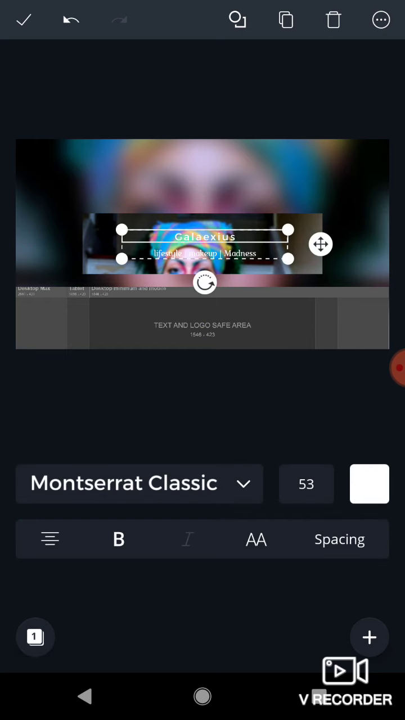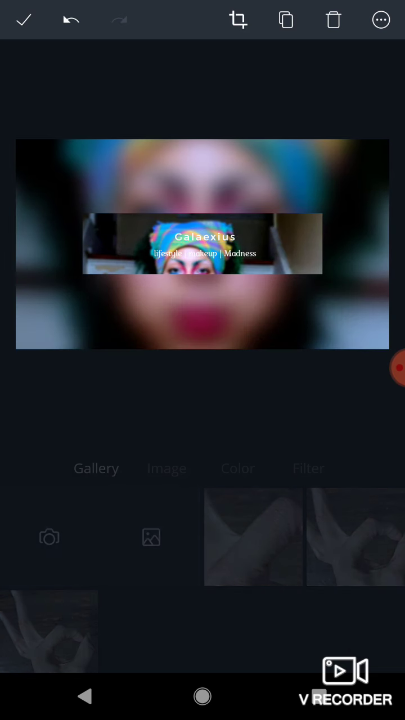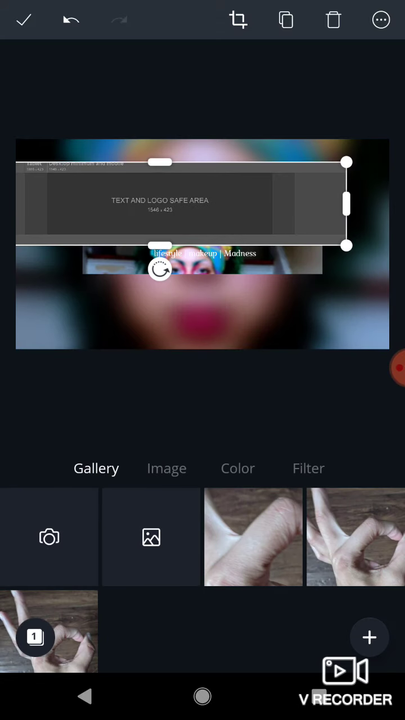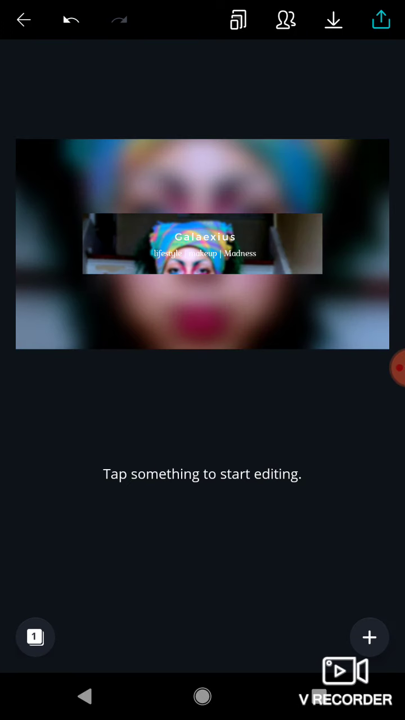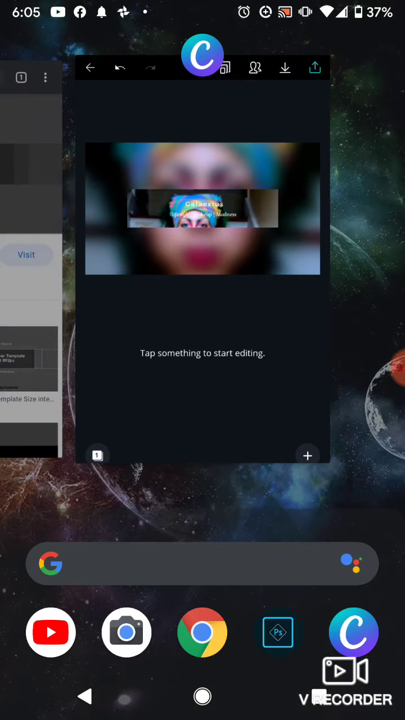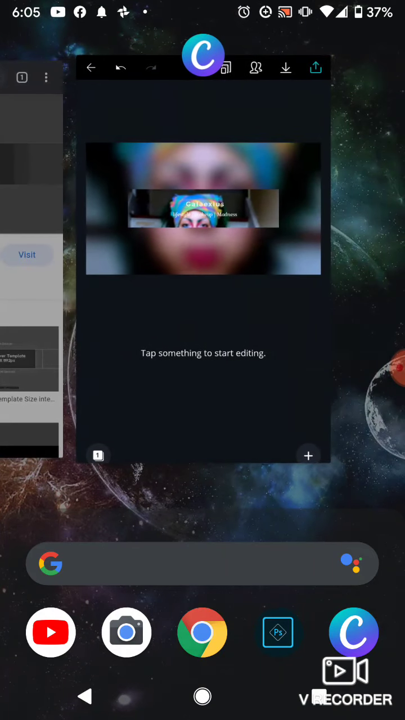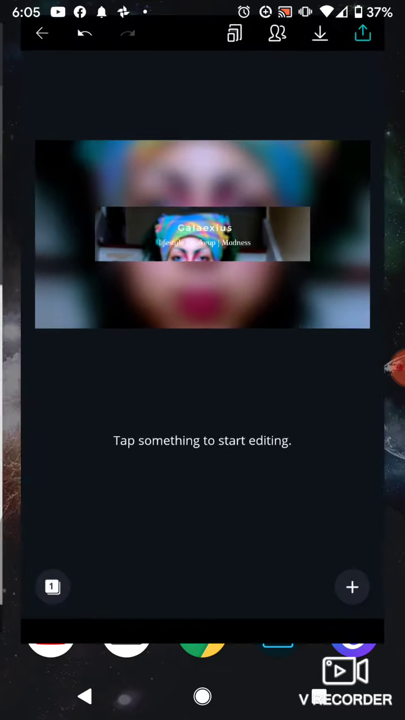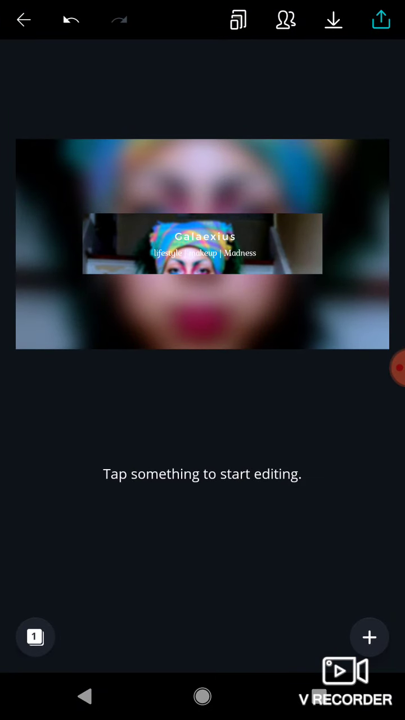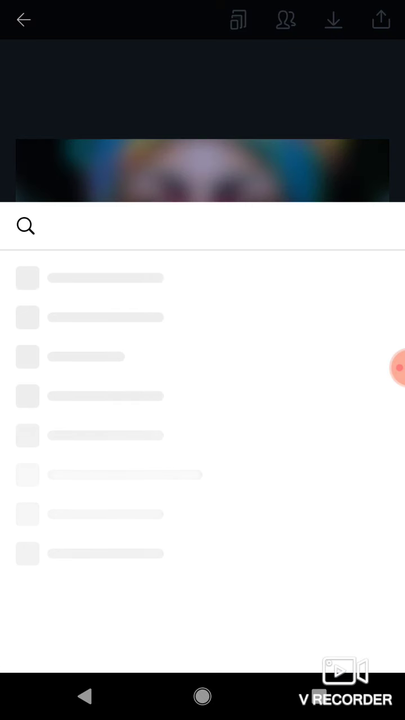Alright, so let's just say that's how I want it. Let's get rid of this. So now that we've sized everything to how we want it, we're going to save it. Now, how I like to save things to make sure that I can get them out of my picture inventory when uploading these to YouTube is transferring it to Photoshop. So I'm going to hit the downward pointing arrow,